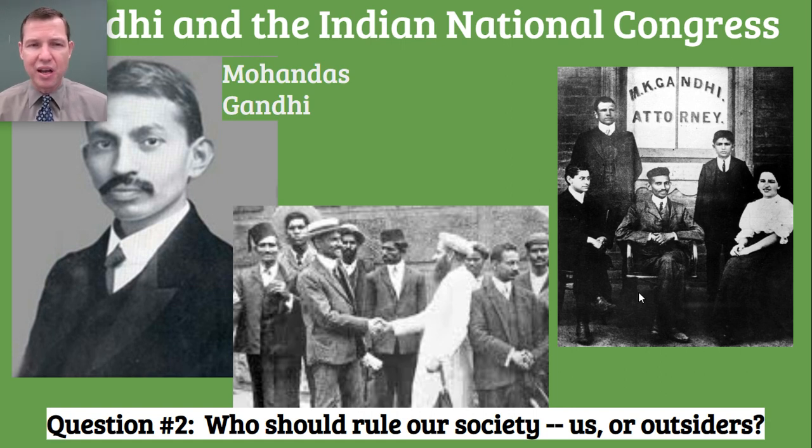But because he was the son of an advisor to a Raja, he had the privilege, he had the opportunity to attend university in Britain. That was one of the privileges that the British used to keep native Indian leadership on their side and working with them and cooperating with them. That was something that the British did as part of the British Raj.